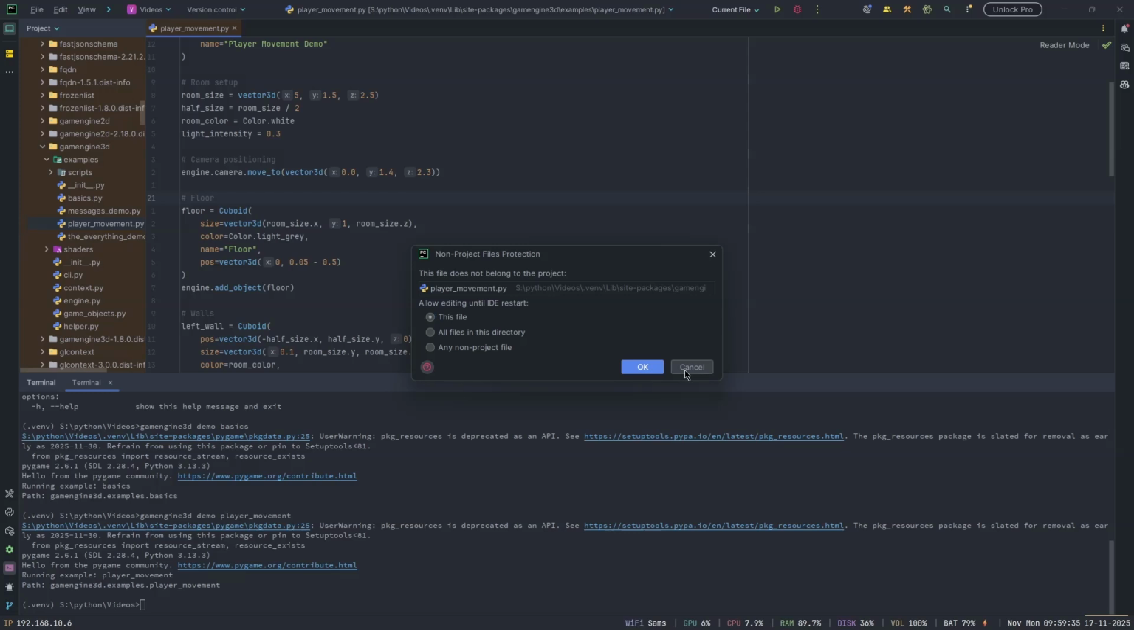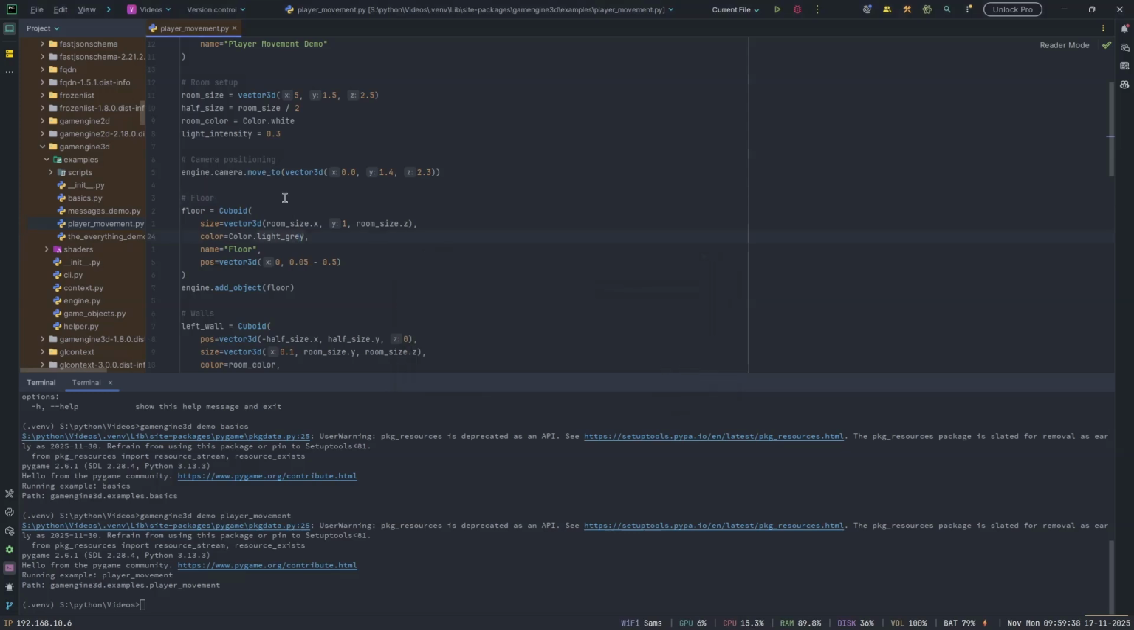Then we're going to create the floor, and we're going to say floor equals a cuboid. The size is a Vector3D. So this is where you would calculate half the room size directly, instead of saying room size dot x divided by 2 or something like that every single place, you just say room size dot x. Here we're not using half of it, but we will later. Here we'll say room size dot x, and then the y will be 1, and then the z is room size dot z, and then the color will be light gray, and the name is floor,